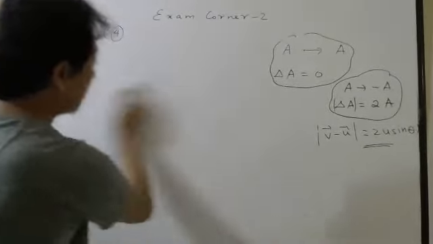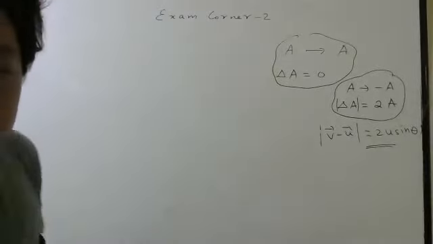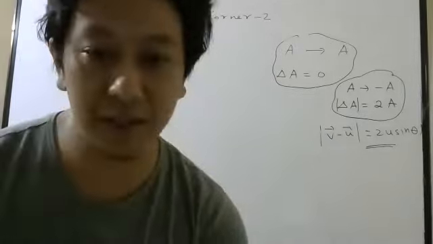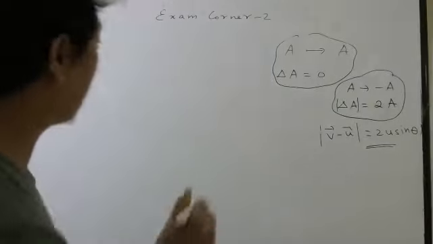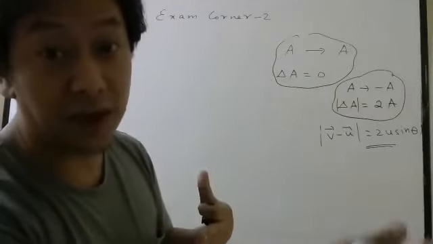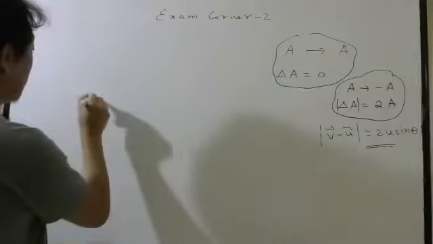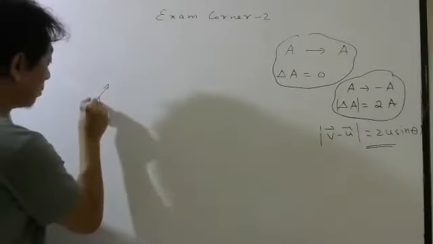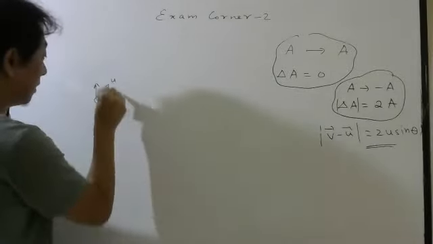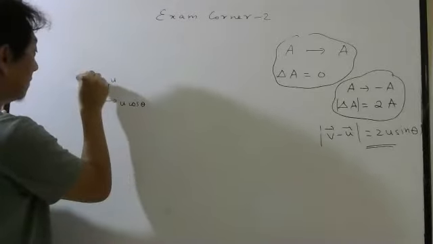So the same question can come in your entrance exam. So in the entrance exam, how to solve this in, let's say, 20 seconds? Look here. They are asking you the change in velocity during the time of flight. Time of flight means from starting to the ending. So when it starts like this, you know it has two components. Here u cos theta, here u sin theta.